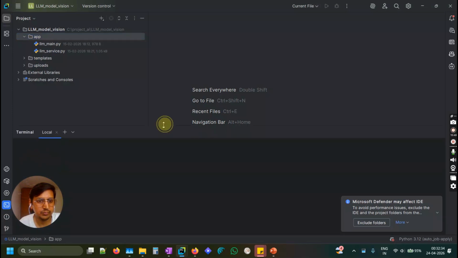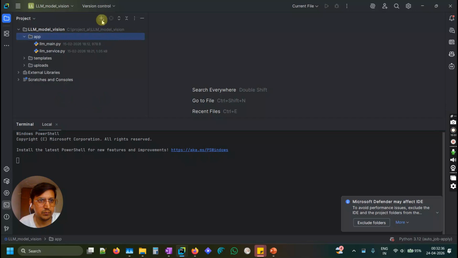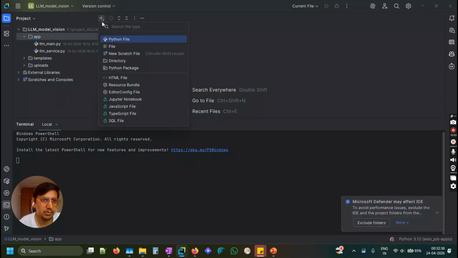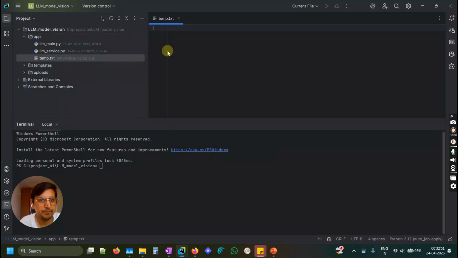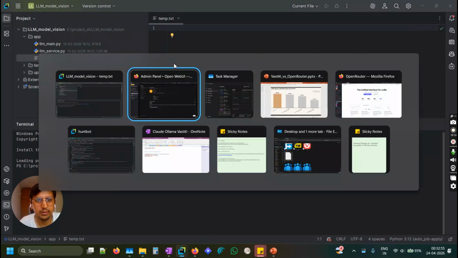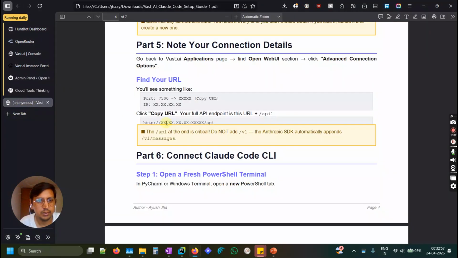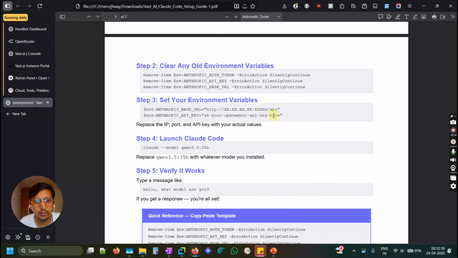Here, I can just create a simple txt file, and I can just call it temp.txt, and here we have some formats that need to be copied, and which are these. So I'll just copy it here,